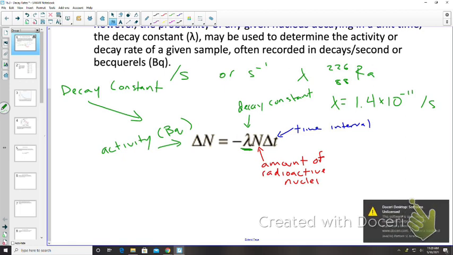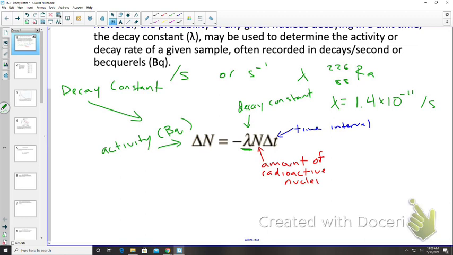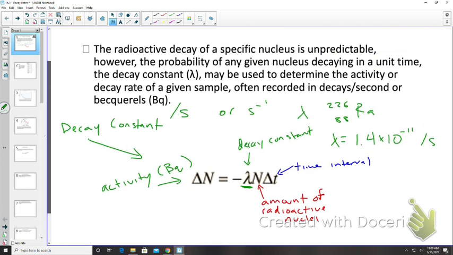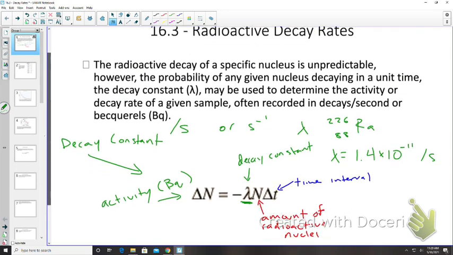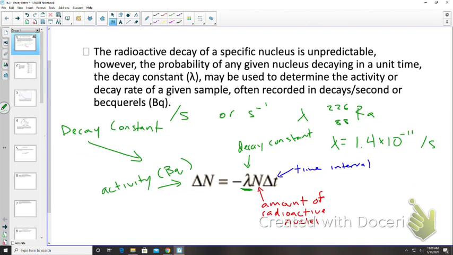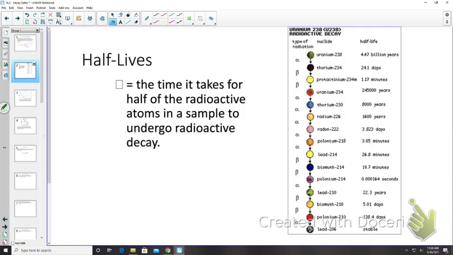Okay, so you are going to need to use that formula in one of the practice problems that is your assignment for today. So make sure you know the decay constant and what it represents for a sample. So like I mentioned, because it's hard to predict when one nuclei in particular will decay,